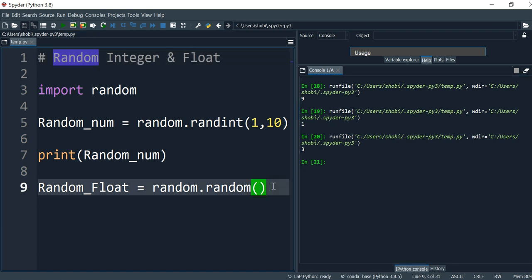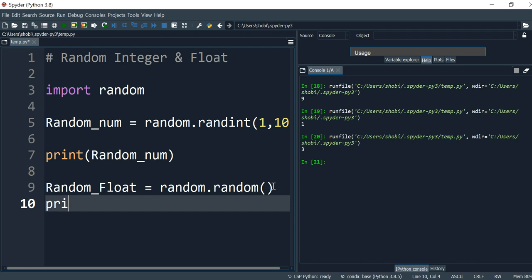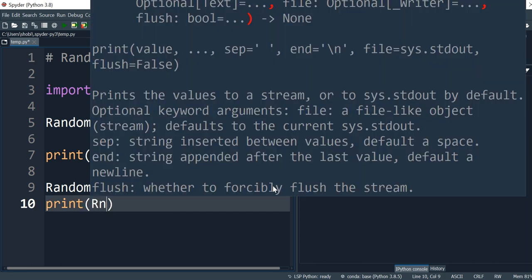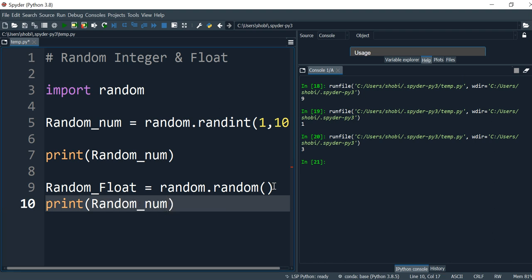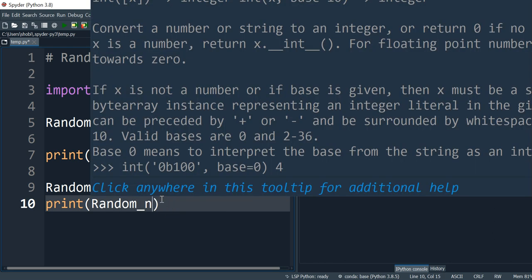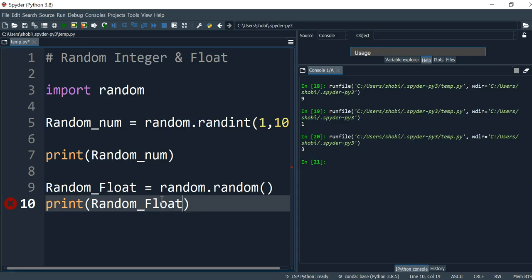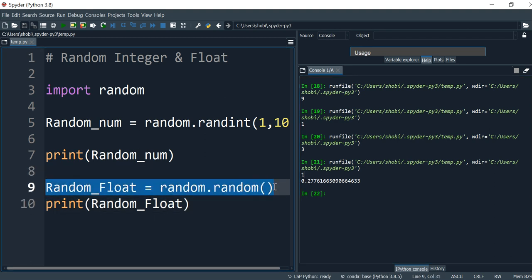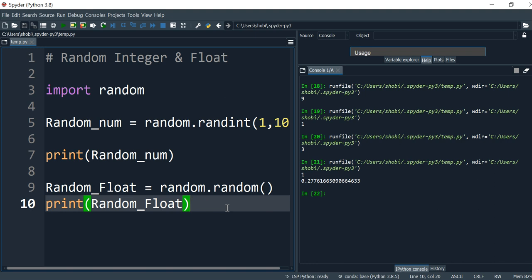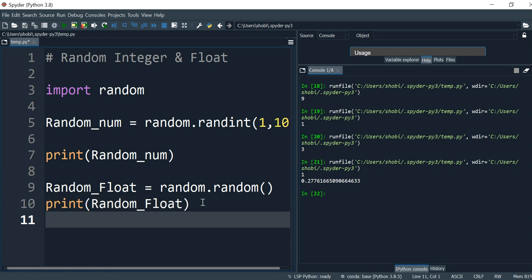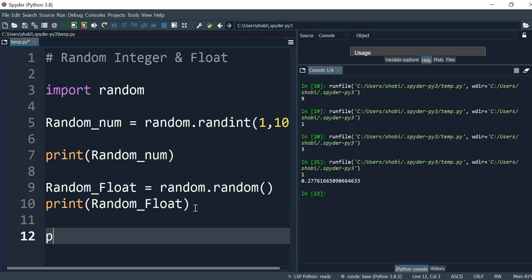So we have to print this function. Print random float, not the number. So you can see that the first is 1. What this script means is that it's between 0 to 0.99. So here we can see 1 and 0.277. So if I define print,